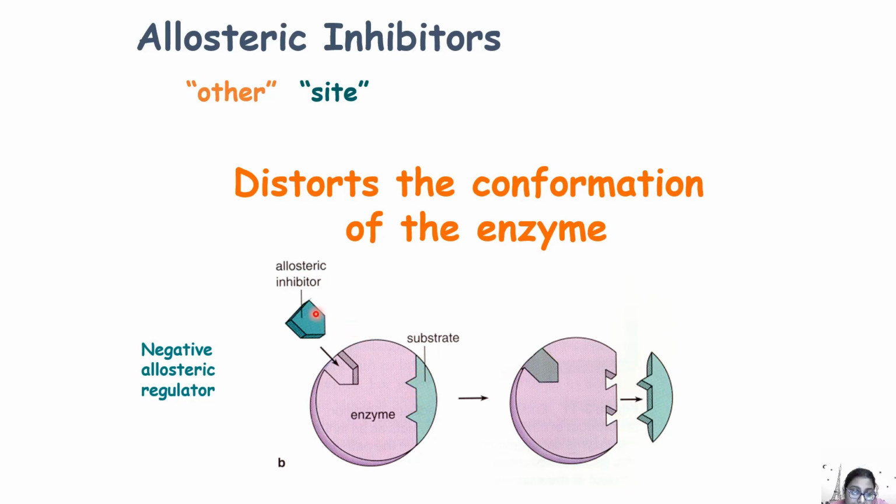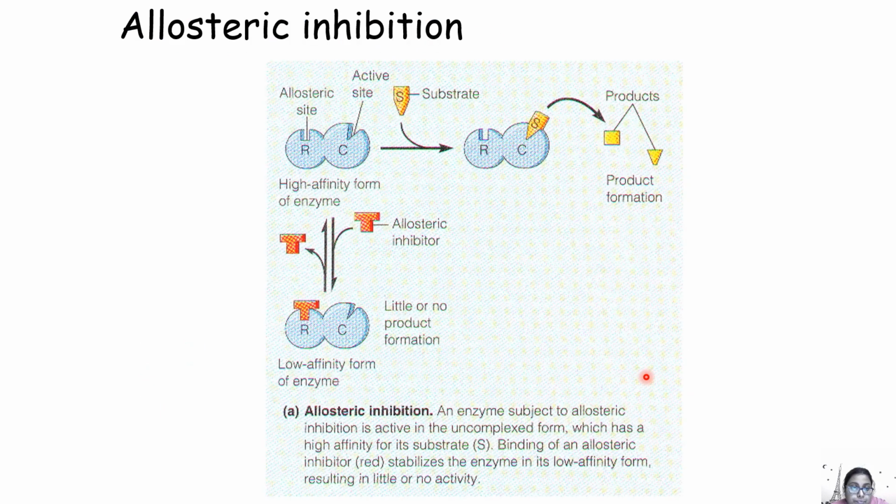But once the allosteric inhibitor, which is a negative allosteric regulator, binds to the enzyme, the active site changes in such a way that it does not have an affinity towards the substrate anymore. If you see over here also, this is the active site, this is the allosteric site. So the substrate can bind to it and products can be formed. But if you add an allosteric inhibitor, it will change the active site and little or no product formation can